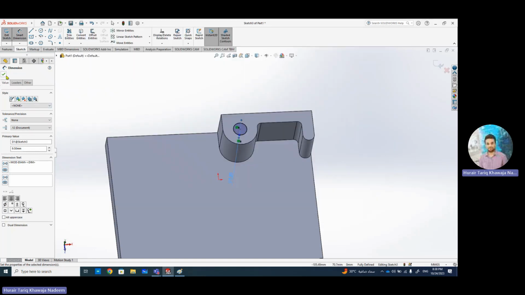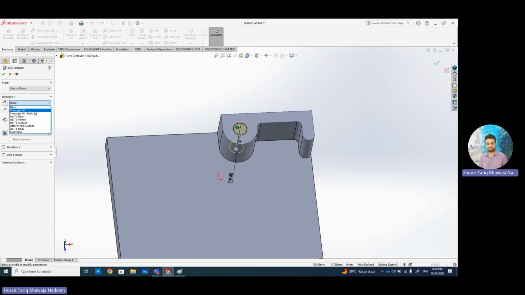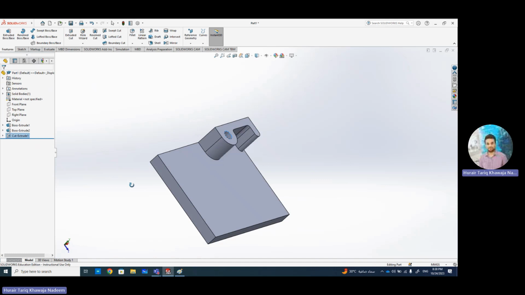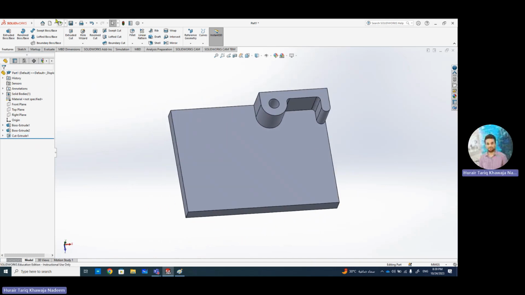So we have made the circles, and what we are going to do is extrude cut. So extrude cut all the way down till the bottom, all through. You can choose up to the next as well. All through means up to the bottom, and up to the next. Of course, the next is actually the bottom surface as well. So all through, and we have got this hole. Now we can make the drawing as well. Make drawing from